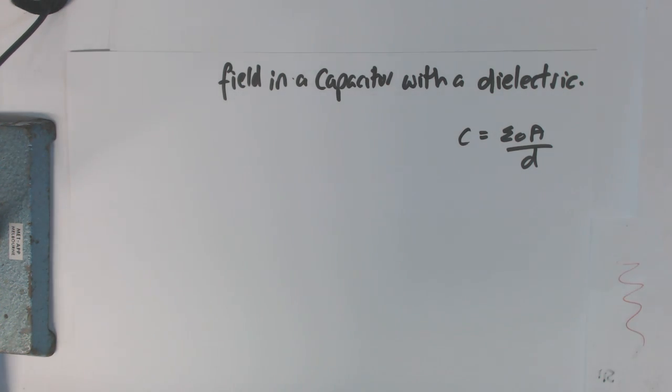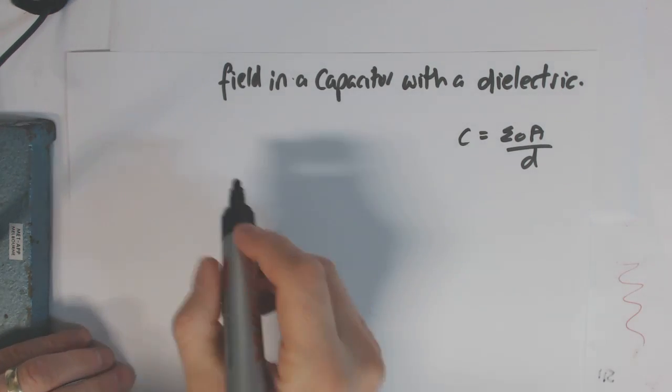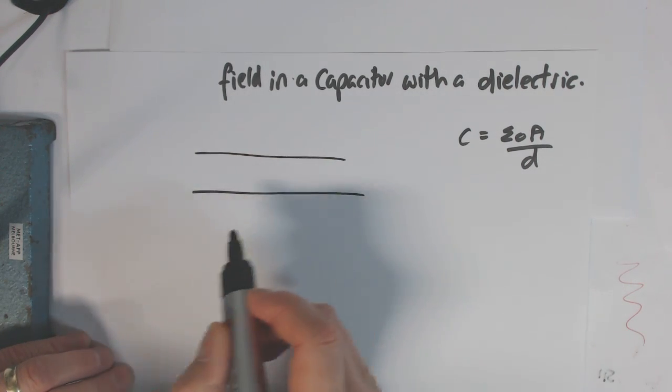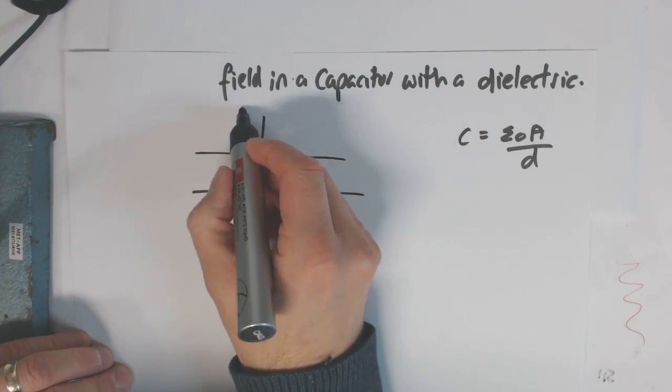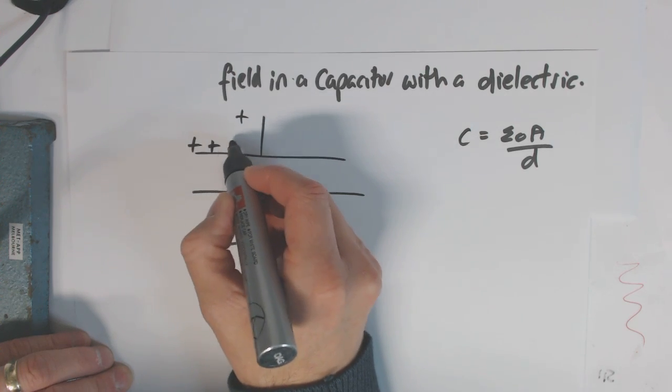Field in a capacitor with a dielectric. This is one of those little things that we need to look at. So we've hooked up our capacitor to a battery. We'll make that positive, negative. So we've got these positives here